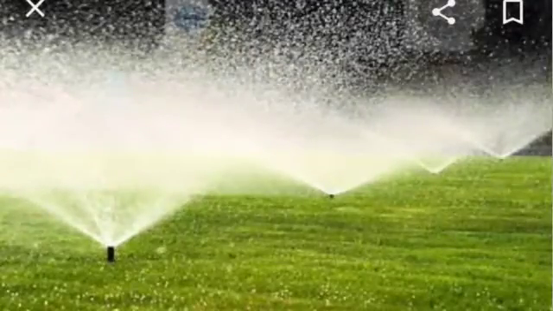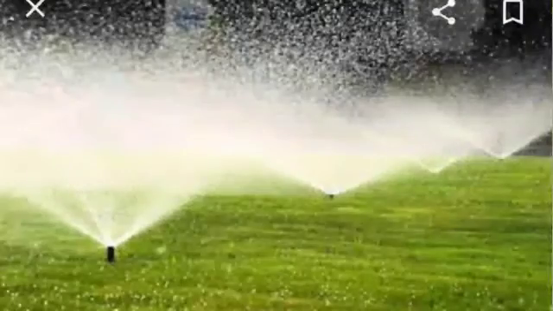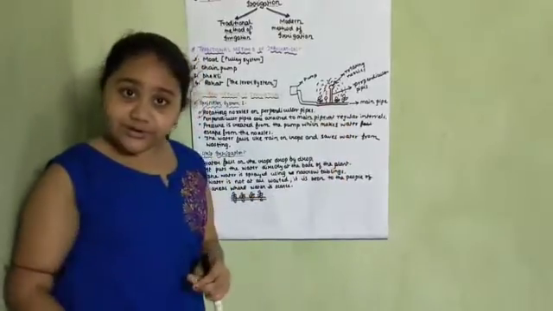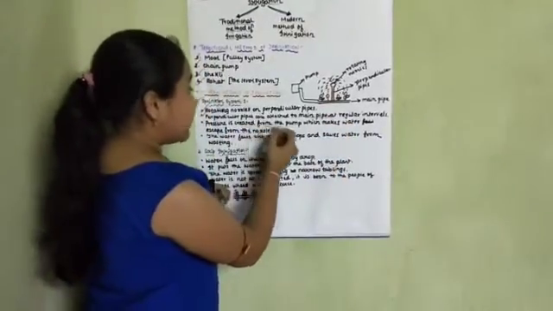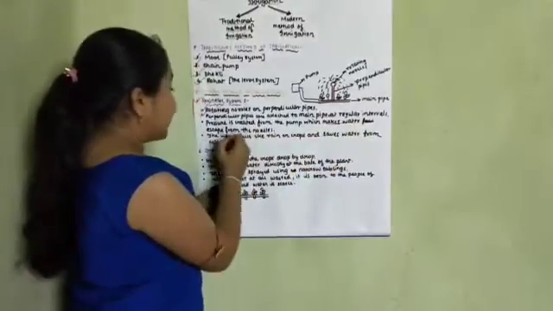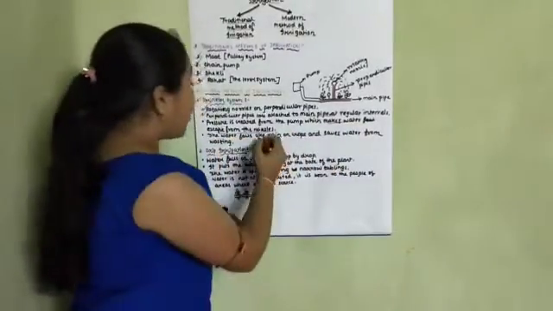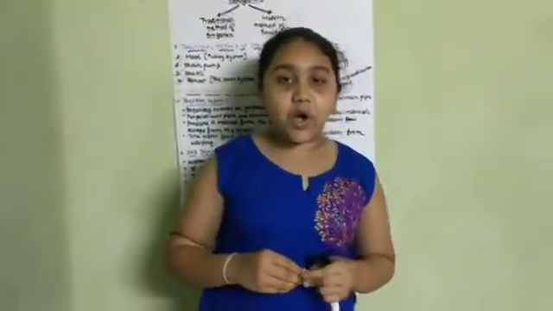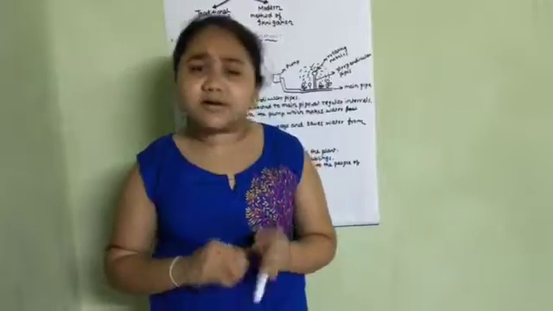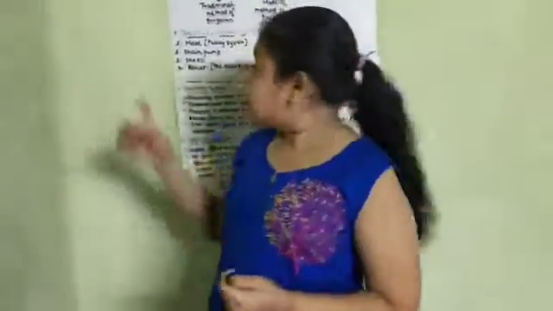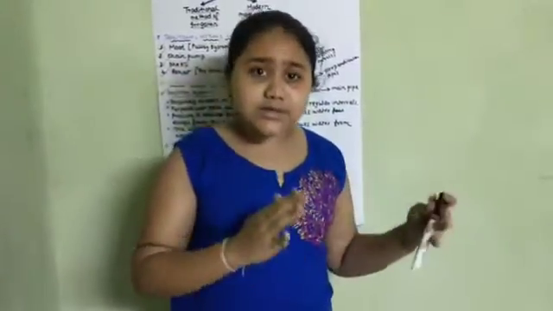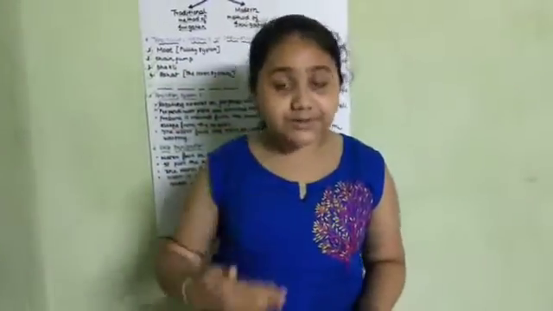So there are 4 points: rotating nozzles on perpendicular pipes. These perpendicular pipes are attached to the main pipe at regular intervals. The pressure is created from the pump, which makes the water escape from the nozzles, and the water falls on the crop as if it is raining. This is very important because it conserves water. That is why this process is generally used in places where water is little in amount, where water scarcity is a huge problem.